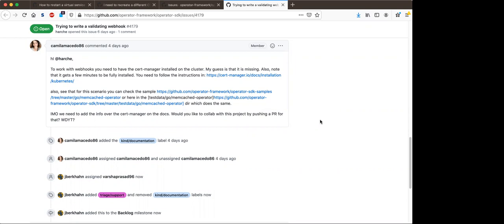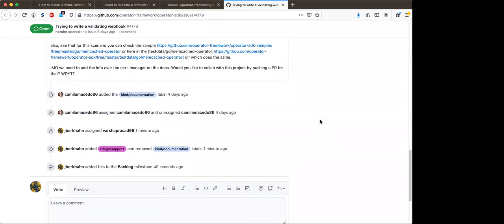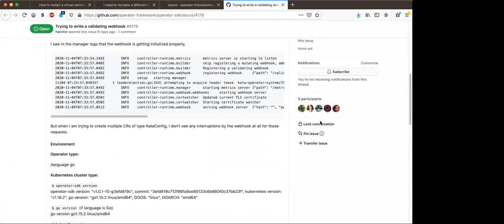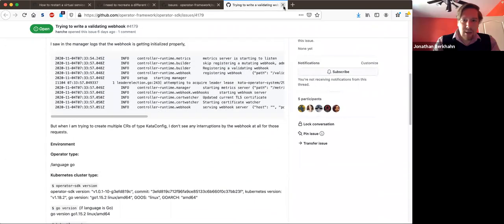I will try to share this issue with you after. Okay, I'll look into that too. I'll try testing this out in OCP. Okay, anything else on this one?